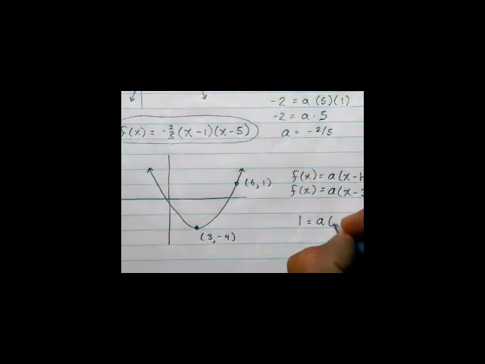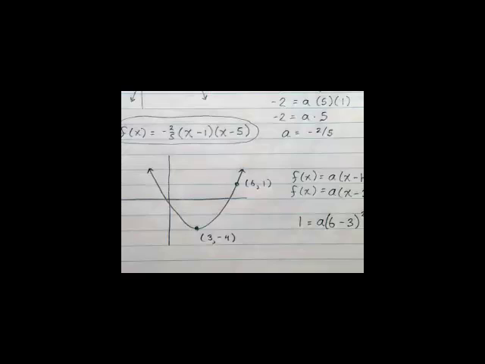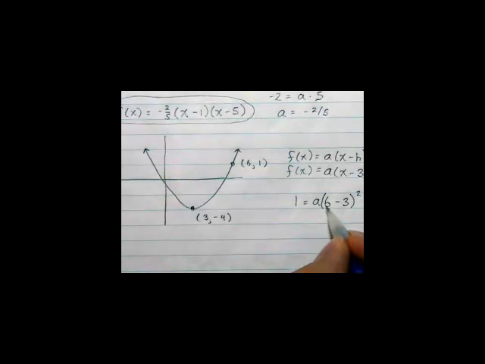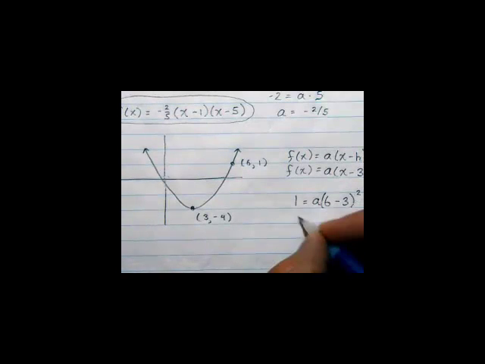You got it. So we're going to do the same kind of process. I use the other point as an X and a Y, and then that'll help me figure out the A again. Okay? Kind of like we did in the last one. All right, so this one I got to be a little bit more careful, order of operations and all of that. So 6 minus 3 squared. What does that give me? 9, right? 3 squared. So 1 equals A times 9